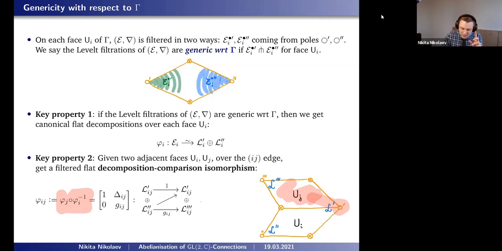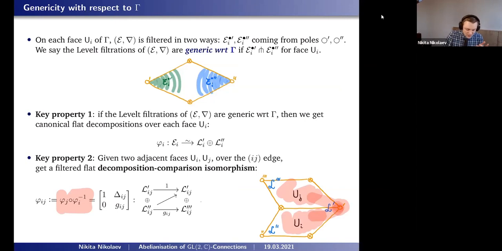But then if I look at the adjacent diamond, I'm getting a line bundle which is the same. It's the same because I parallel transport both of these line bundles into the same pole, so they are the same. And of course, because these are flat